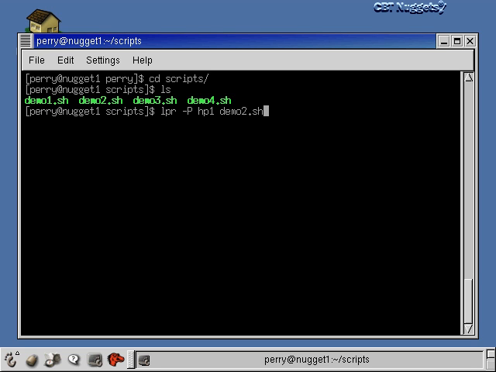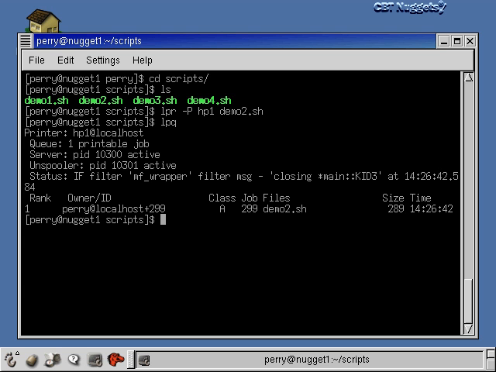It's only going to be in the print queue for a brief moment, maybe 2 seconds, because there's nothing in front of it in the print queue printing already. So this will only last in the print queue for a very short time. That's why I'm going to type LPQ right away after I hit enter. So here I go. I'm going to hit enter and type LPQ, and you can see here that this is